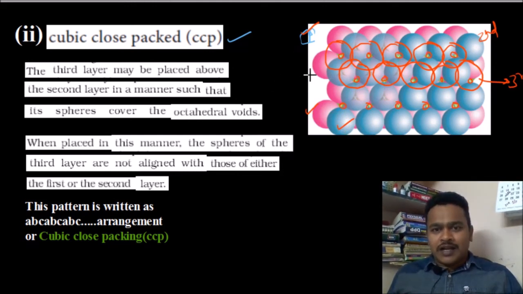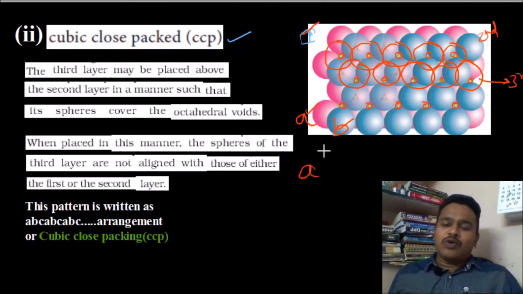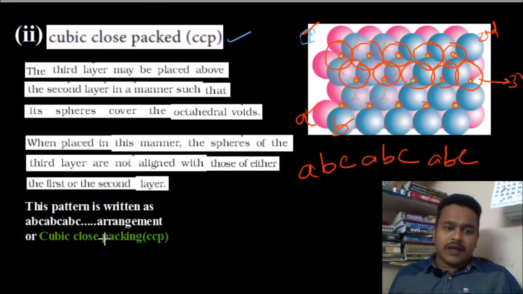Consider the first layer as A, the second layer as B, and this third layer as C. That is why this arrangement is ABC, ABC, ABC, also called cubic close packing.